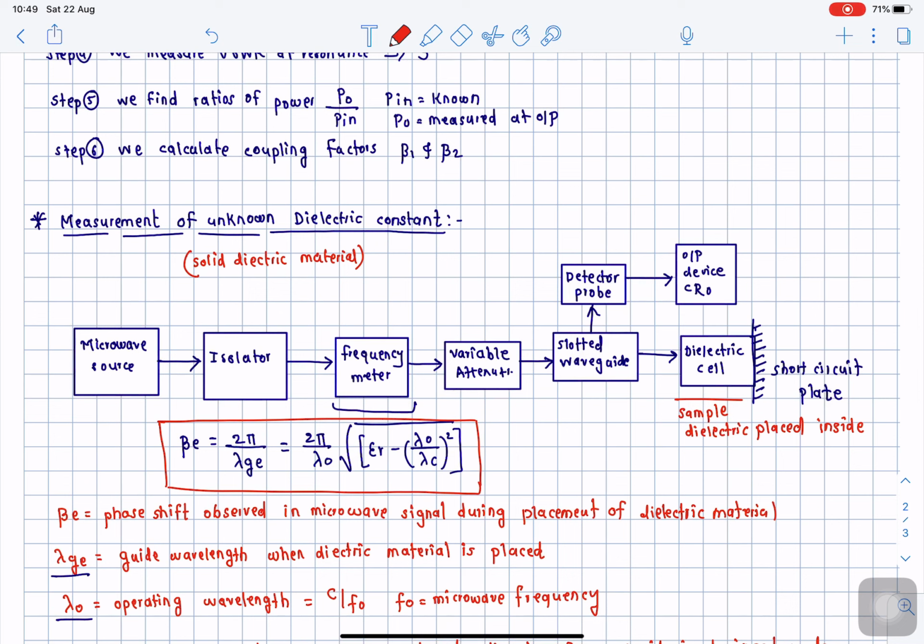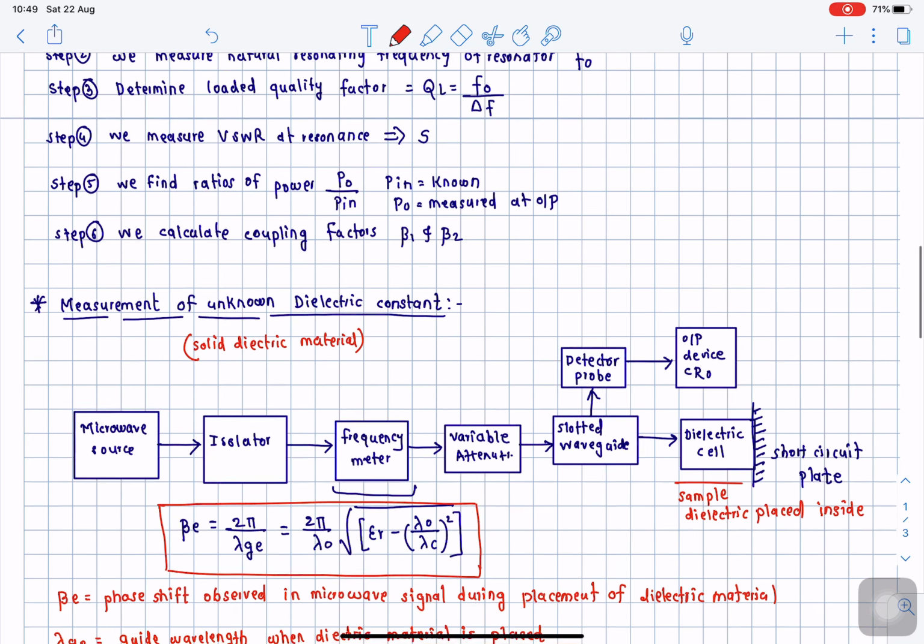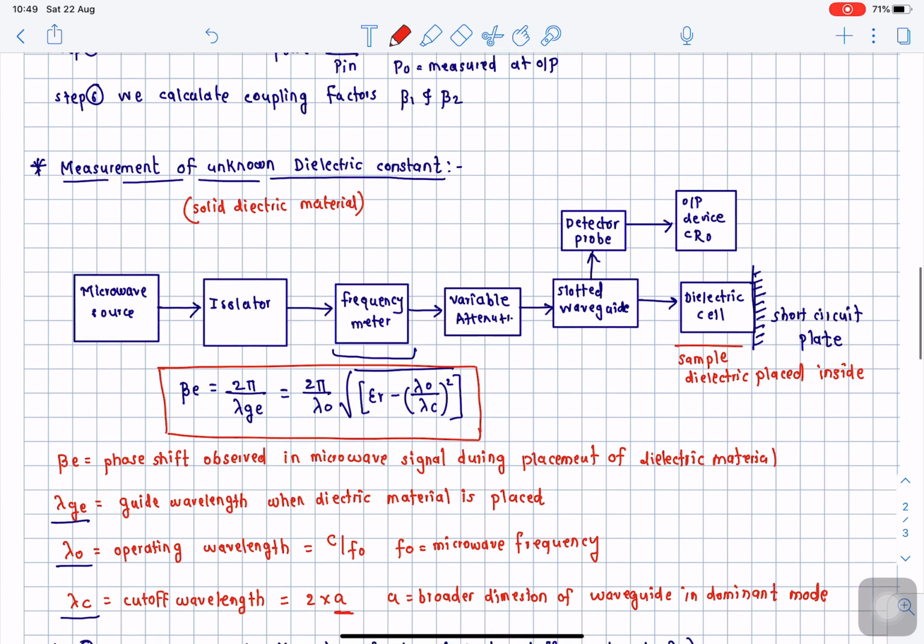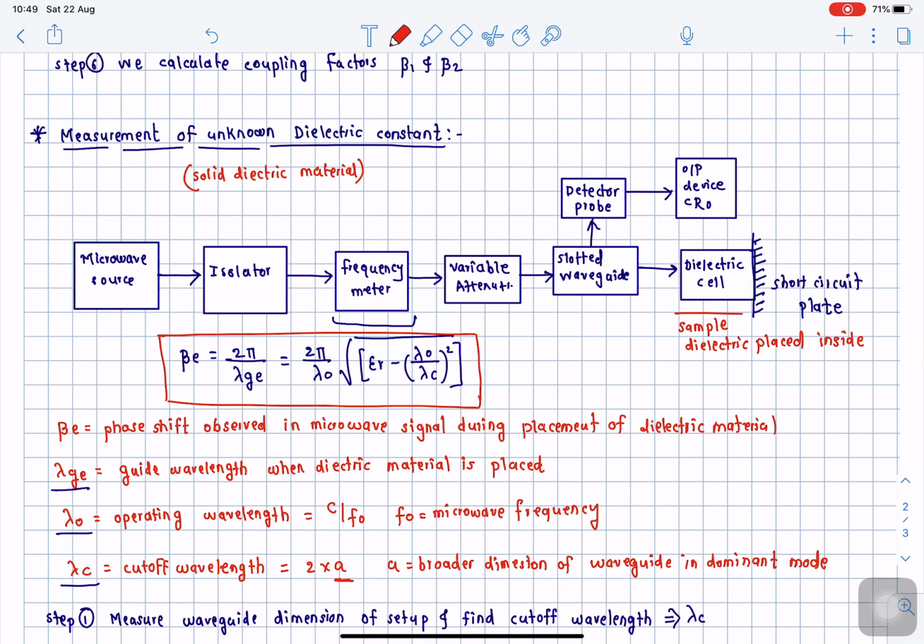If you notice over here, in both measurement procedures, of dielectric constant and of quality factor, the setup more or less remains the same, right? So this is a very popular technique, which is why it is extensively used in laboratory test bench setups, as it is low cost in operation. So in this lecture we have successfully developed a theory to measure the quality factor of the cavity resonator circuit and the dielectric constant of a solid dielectric material.